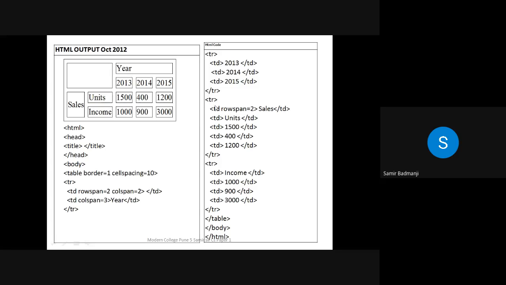Row complete. Next row. For sales, in front of this, there are 2 rows. So rowspan 2, sales. Then write down whatever is there in this first row. Close that row. Open a new row. Write down whatever details are there in the last row. Income 1,900 and 3,000.